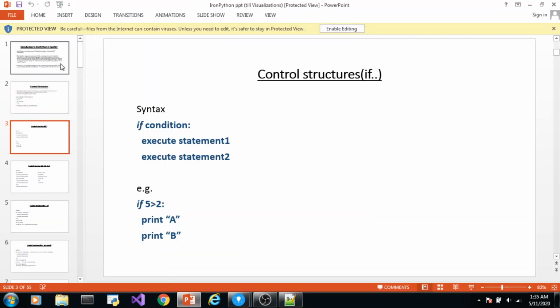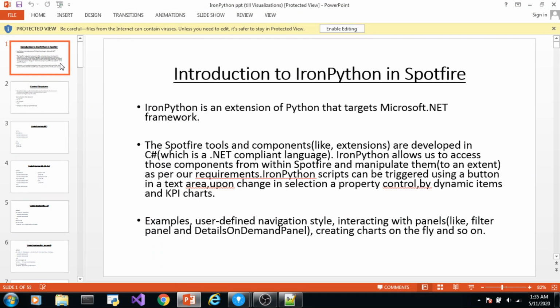I'm not going into the history of IronPython and why IronPython when there are so many languages out there. You can read about them on the internet. IronPython is derived from Python. You can think of IronPython like that, and it is a .NET compliant language. And you know the components of Spotfire are developed in .NET using C#.